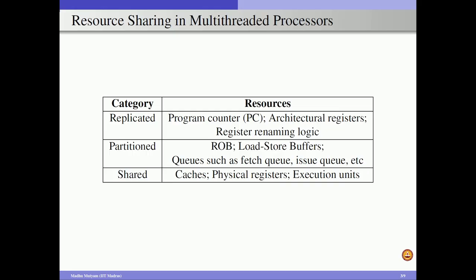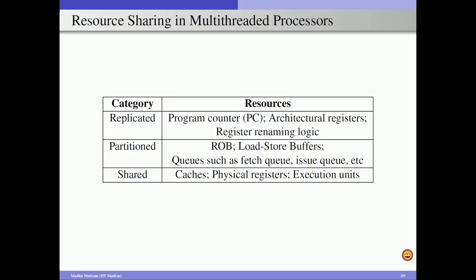If it is so, then when I am executing a thread which is executing only integer operations, the floating point unit associated with that thread will be underutilized. Similarly, if I am executing instructions from a floating point thread, then the integer units may not be utilized. So, as a result, if we share all the functional units across all the threads, then the resource utilization will be improved, and we can improve the overall performance of the system, and we do not incur significant hardware overhead because the functional units are shared across multiple threads.